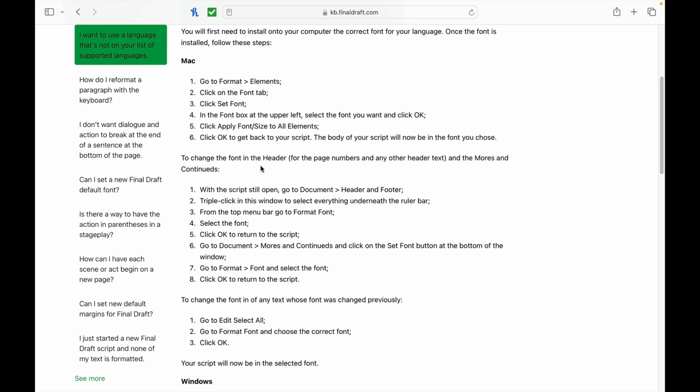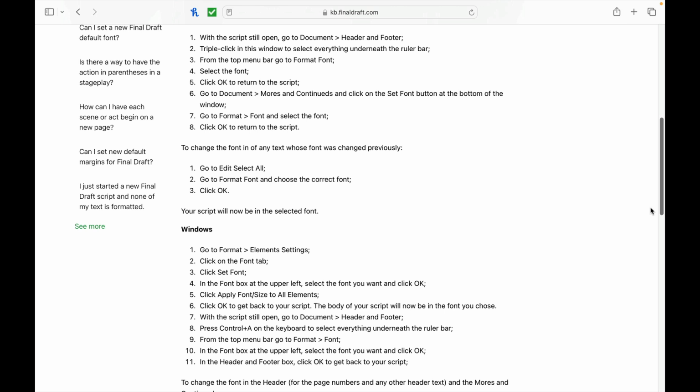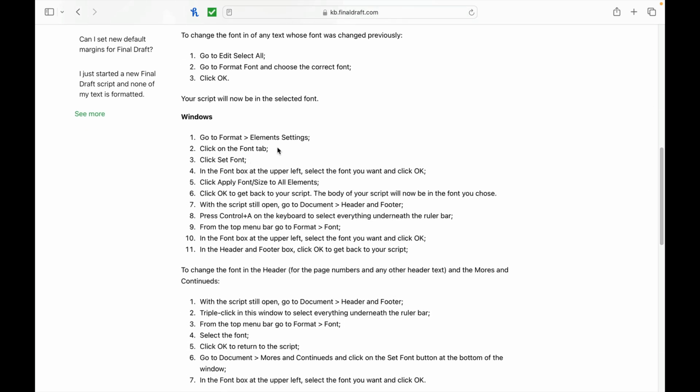Now to change the font in the header, you can simply follow these directions right here. To change the font in any text whose font was changed previously, simply go to Edit, select All, go to the font, and choose the correct font. Click OK. Now for Windows, you go to Format Font, select Element Settings, click on the Font tab,